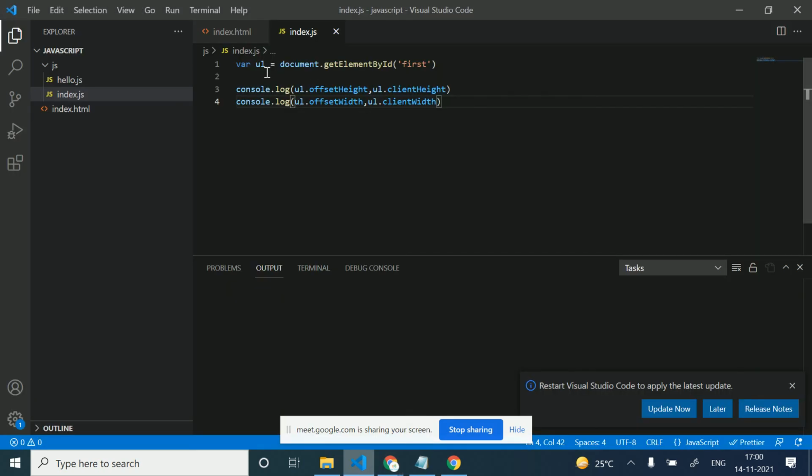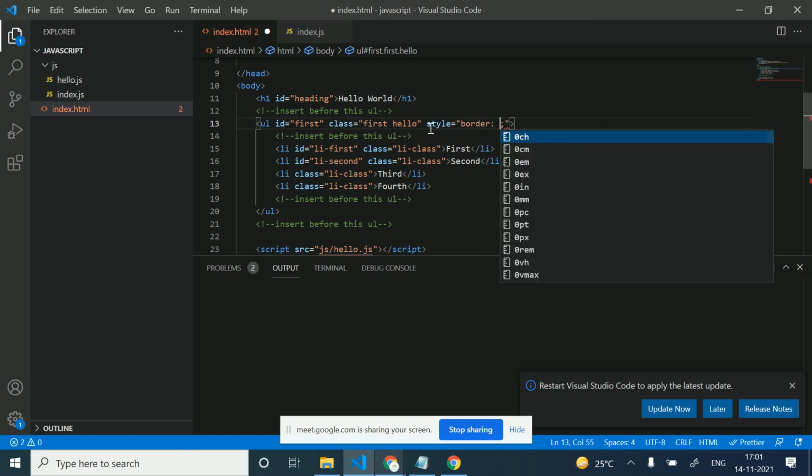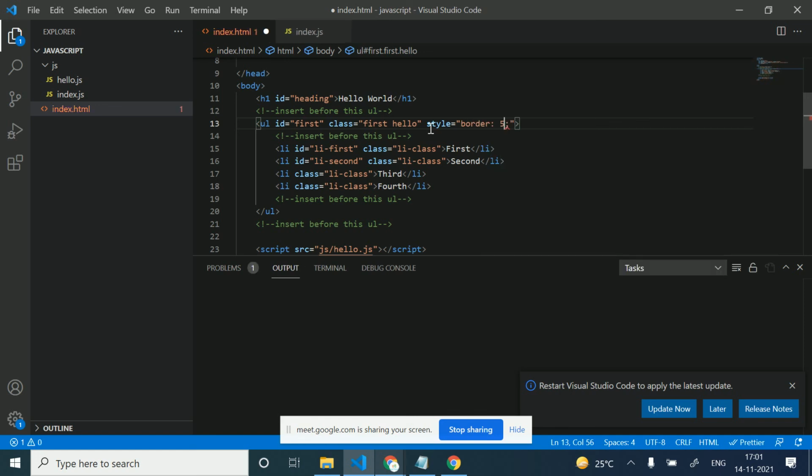Now I'm adding some style here, style border 5px.